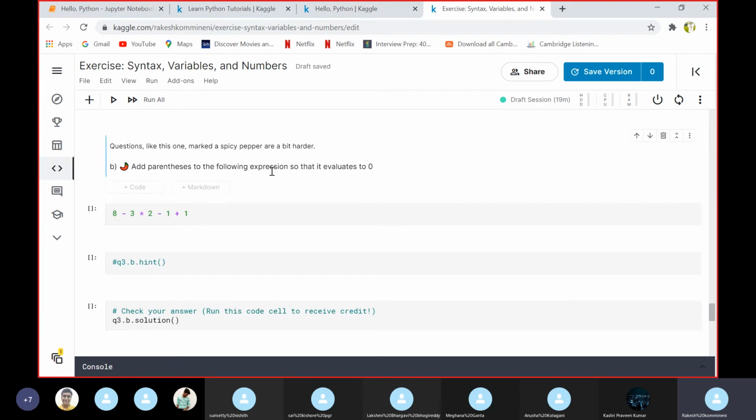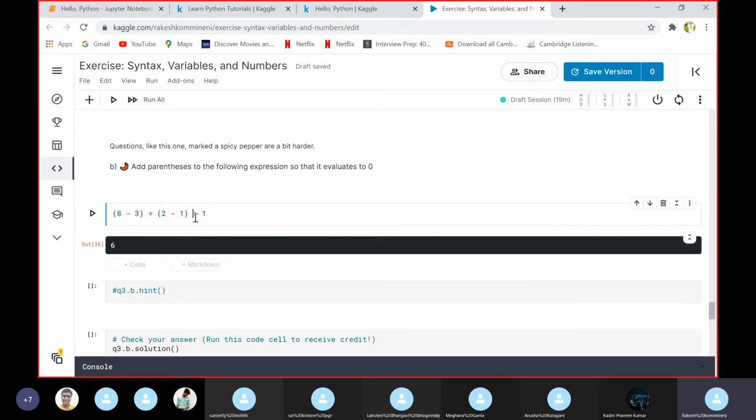Add parentheses to the following expression so that it evaluates to 0. Minus 2.